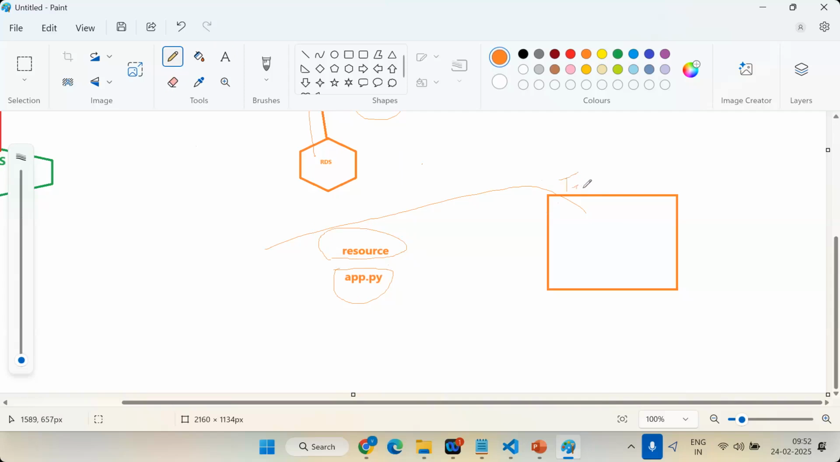Tell me which process we can use. App.py is there in the local Terraform directory. This script I should run inside this resource. Tell me. Create EC2. So can I use